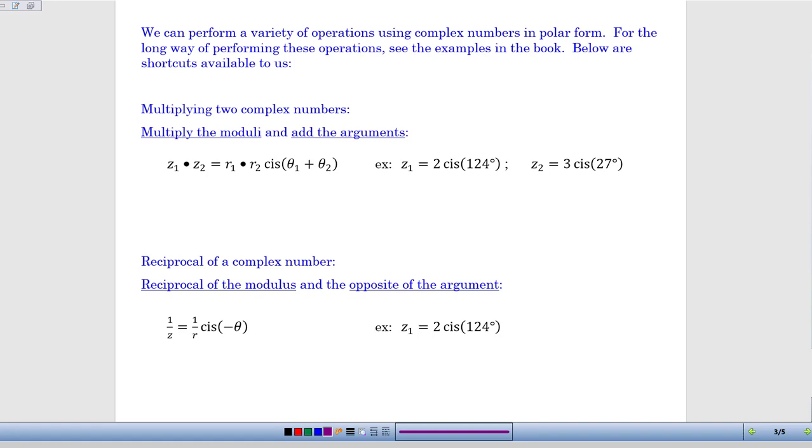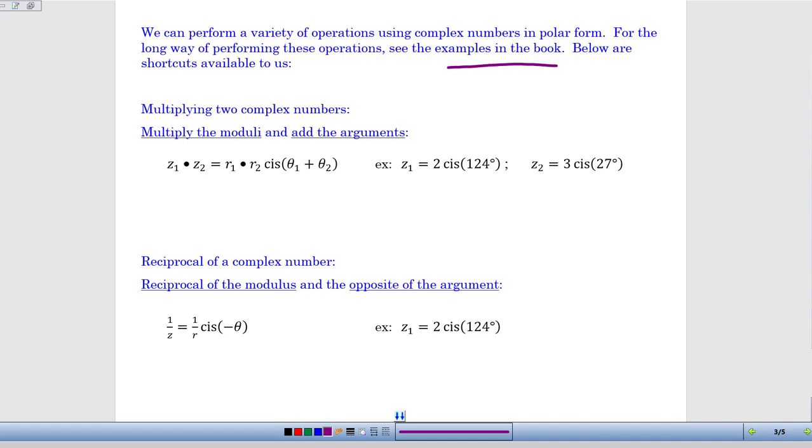So we can perform a variety of operations on complex numbers in polar form. We can multiply them, we can take the reciprocal of a complex number in polar form, we can divide them. These are all things that we do with complex numbers when they're in rectangular form as well. Now, there are longer approaches as to how we can perform these operations. If you're interested, you're welcome to look through the examples in the textbook in the pages that precede the homework assignments. But we're going to focus on the shortcuts, the faster approaches that we can take to performing some of